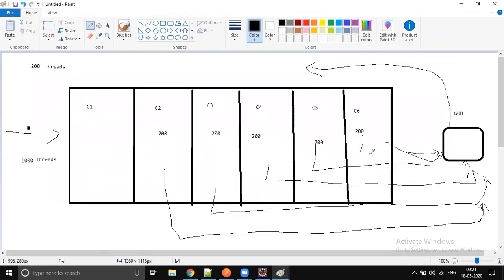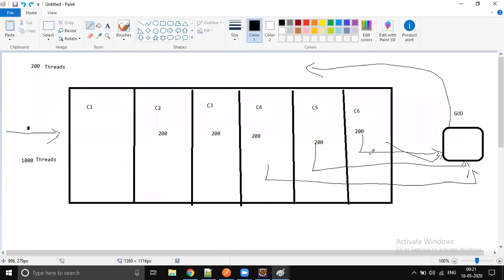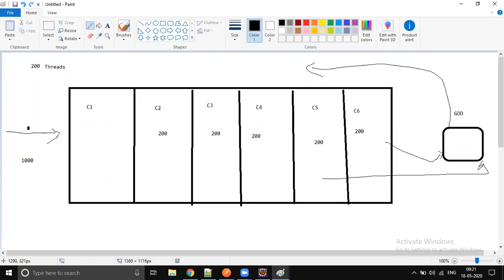So the same thing here also. The first compartment of people you send, they will be there in the temple for 10 seconds. So the first batch will be stepping out from the temple after 10 seconds. Again we send the next batch. So there is a delay, a latency, of 10 seconds, but it's like batch processing, 200 threads like a batch processing.